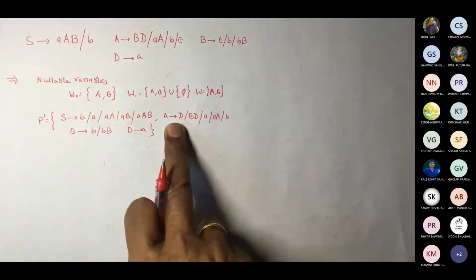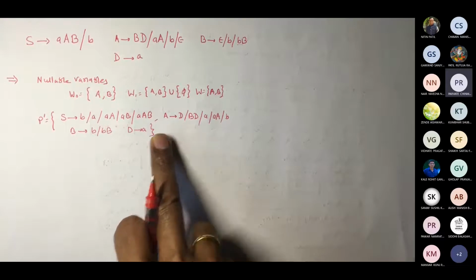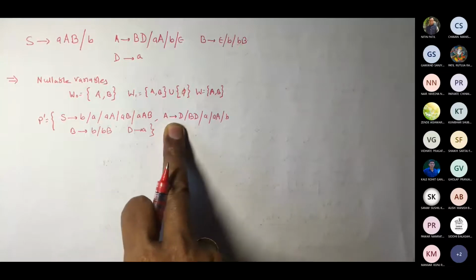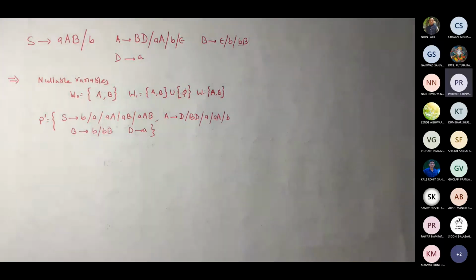I was saying D gives A because A is a terminal. No, we are talking about unit production. Unit production is this variable giving you a variable. Sir, just to confirm, a unit production is a production which has only one non-terminal on the right side? Both sides rather we should say. Only one non-terminal on both sides. The non-terminal may not be the same, they may be different. So one variable giving you one variable, or one non-terminal giving you one non-terminal.